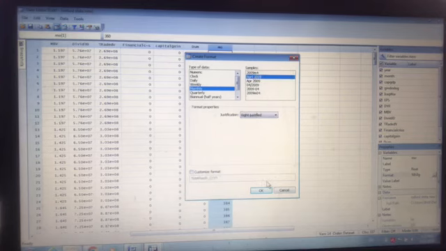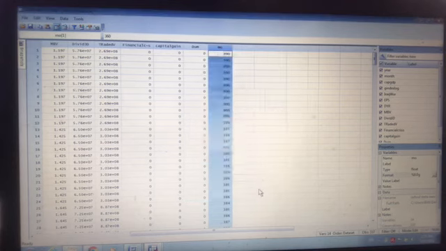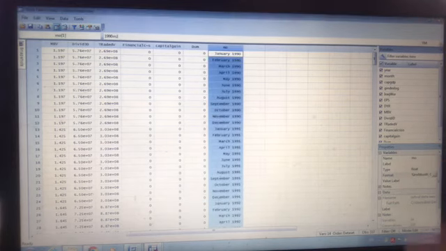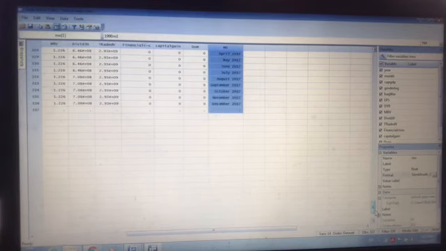I will choose this option, then OK, and here you can see our numeric variable, which spans from January 1990 till December